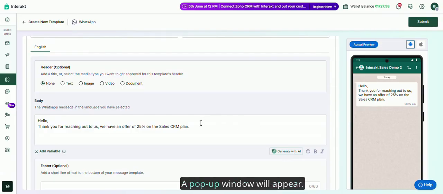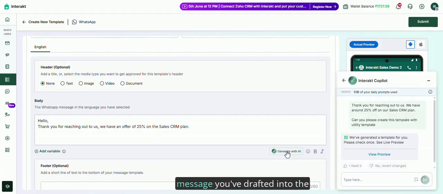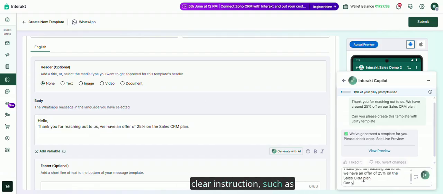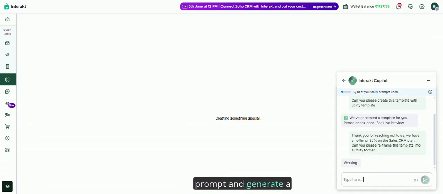A pop-up window will appear. Simply copy and paste the message you've drafted into the AI Copilot prompt and provide a clear instruction, such as, please reframe this content into a utility template suitable for WhatsApp. Once you submit the request, AI Copilot will process your prompt and generate a utility-compliant version of your message within